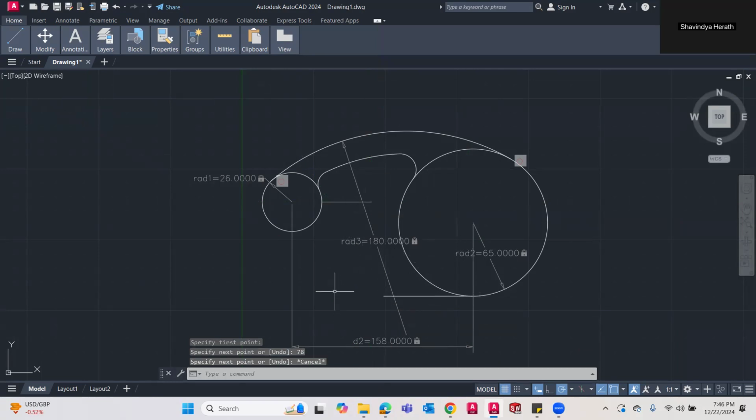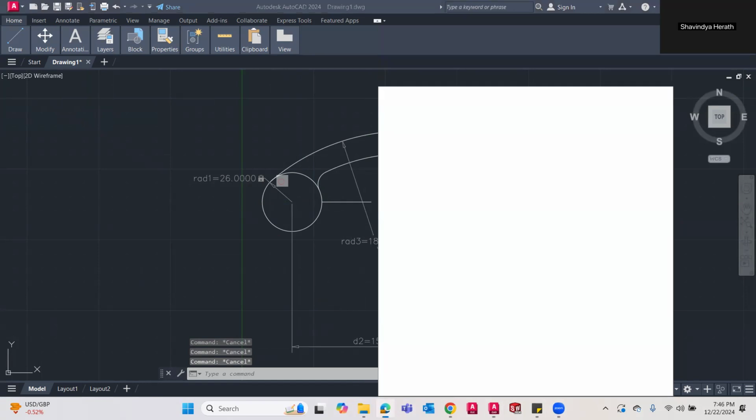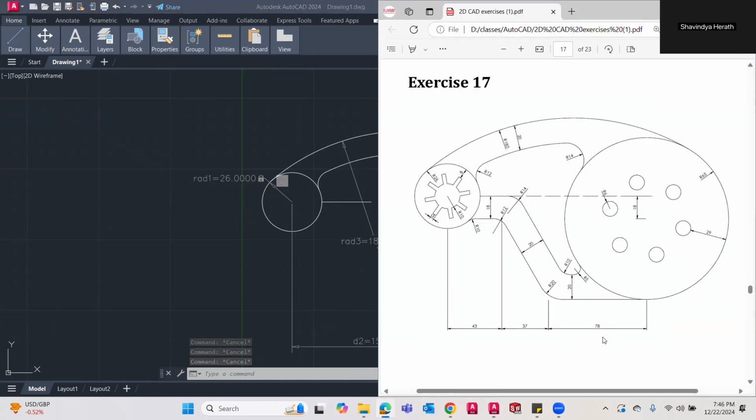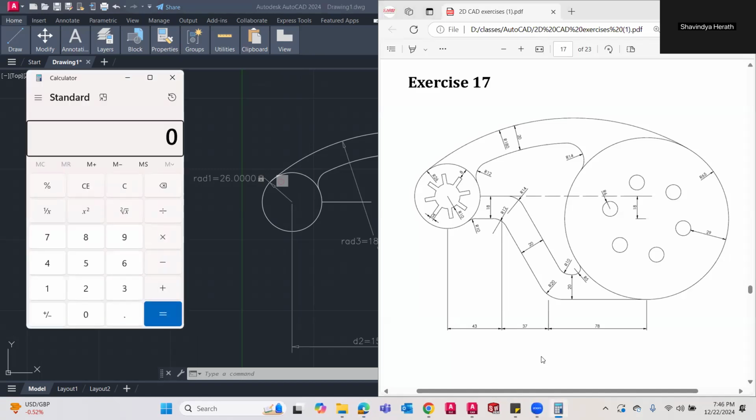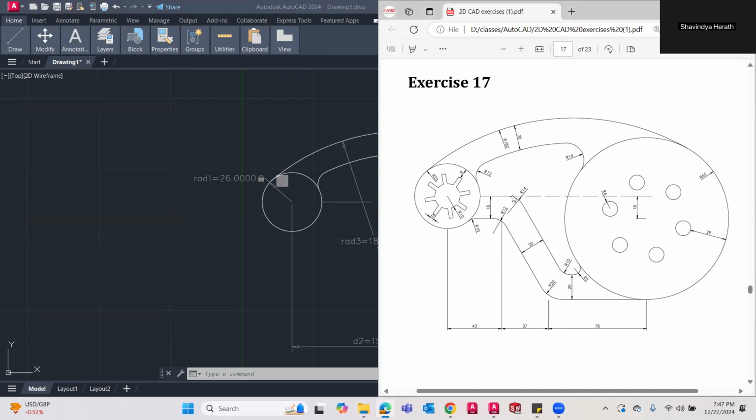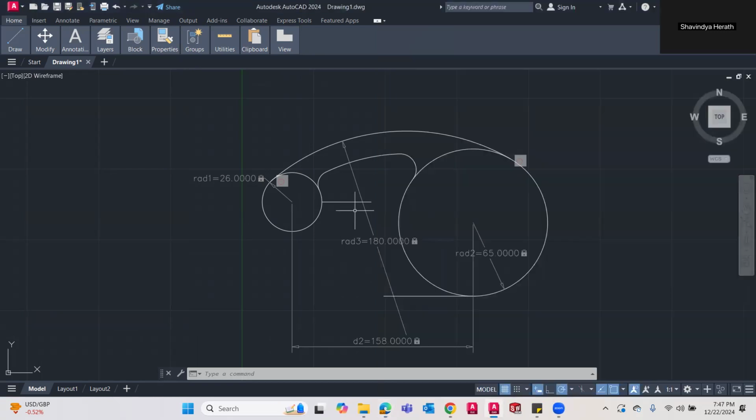There must be a problem with the gap. 43, 37, and 78. Let's calculate it again. Sorry, I took this 43 from here to here, but it's not from here, it's from the center. So this is wrong.